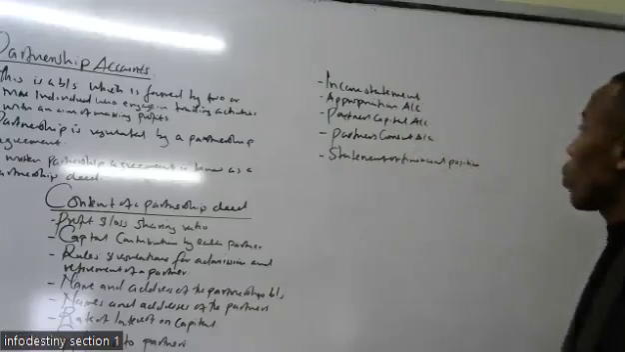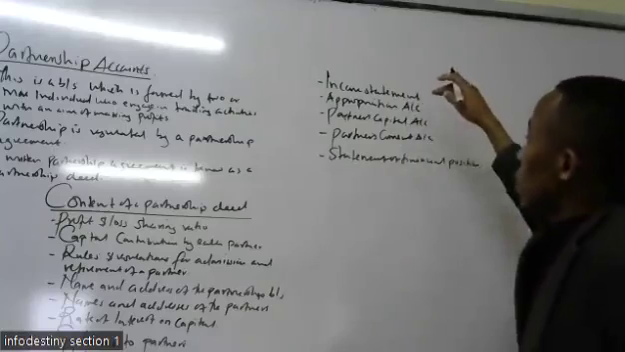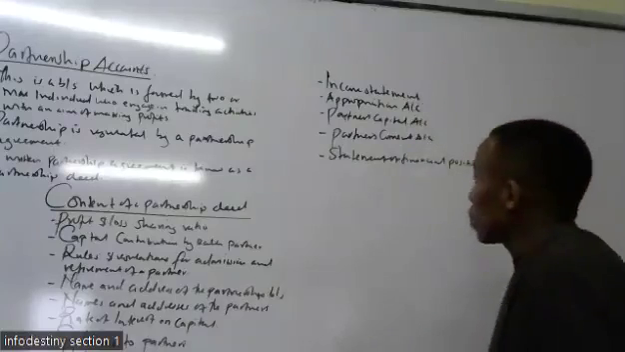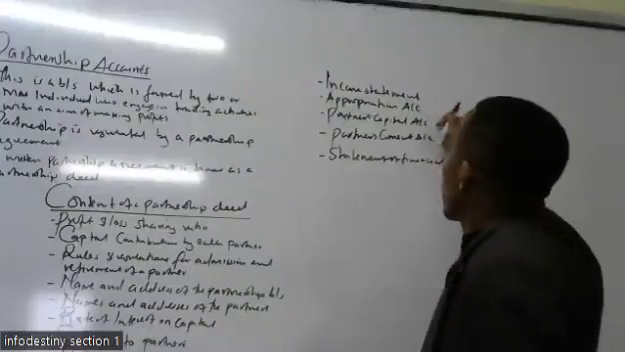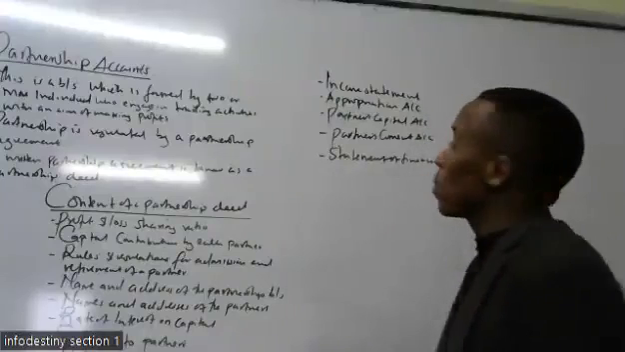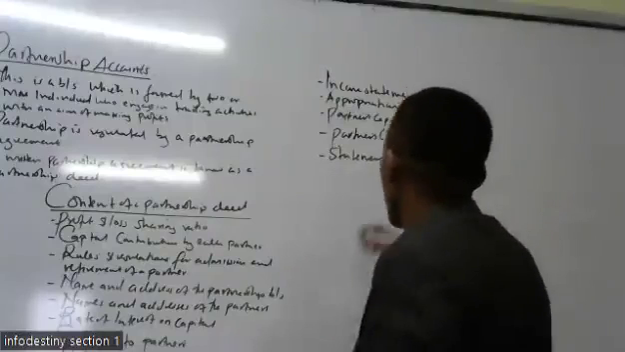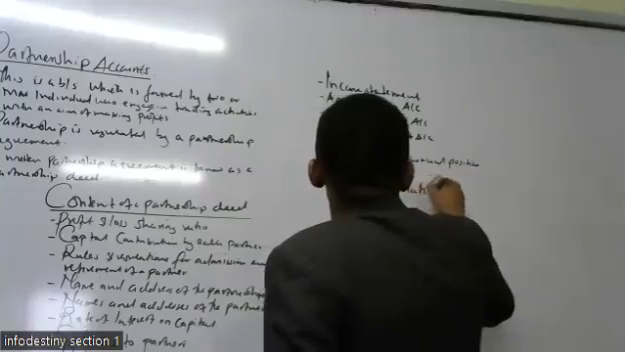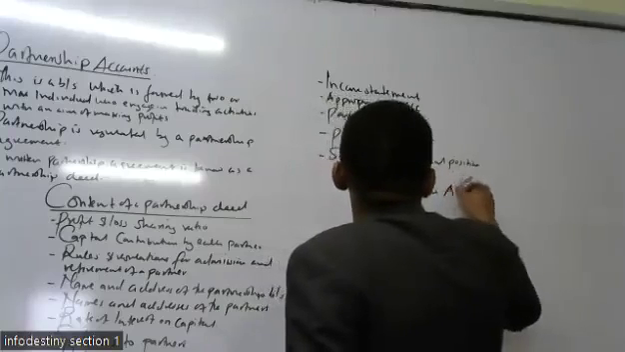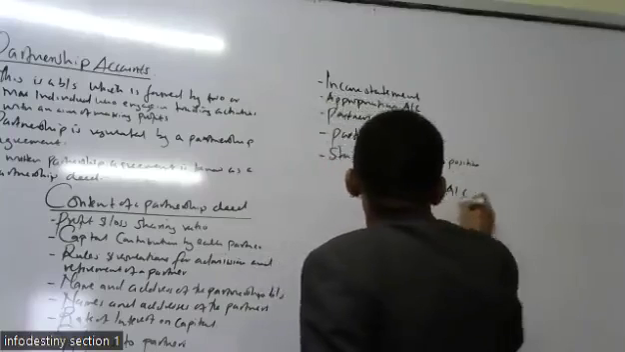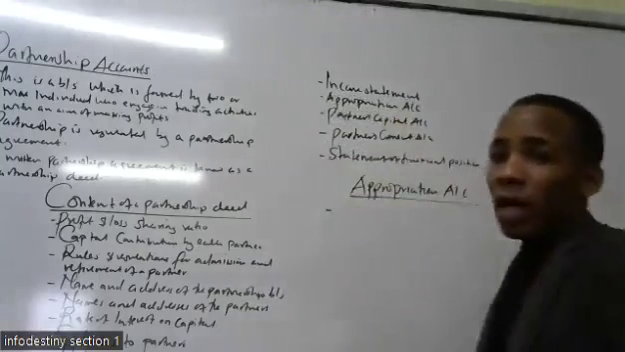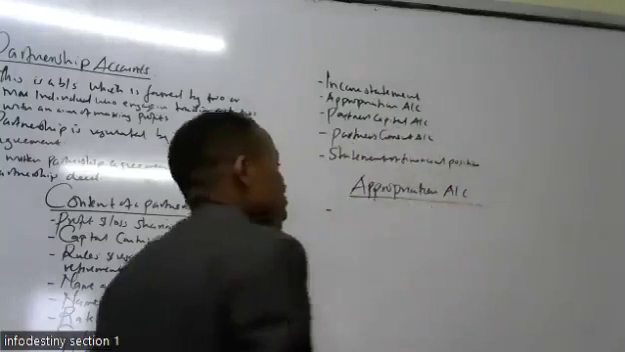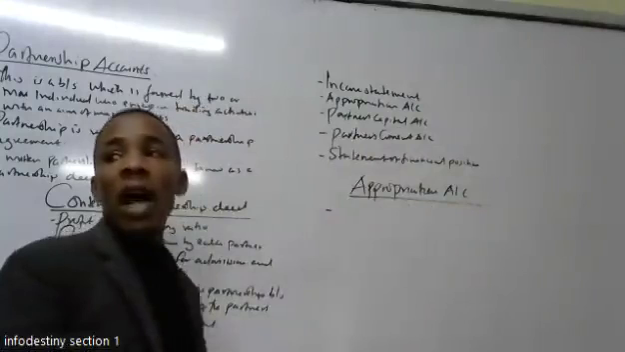We know what an income statement is, we have dealt with it before. We know what a statement of financial position is, we have dealt with it before. So let's highlight and give information about these three accounts. So we can have the appropriation account, and say that this is an account which shows how the profits of